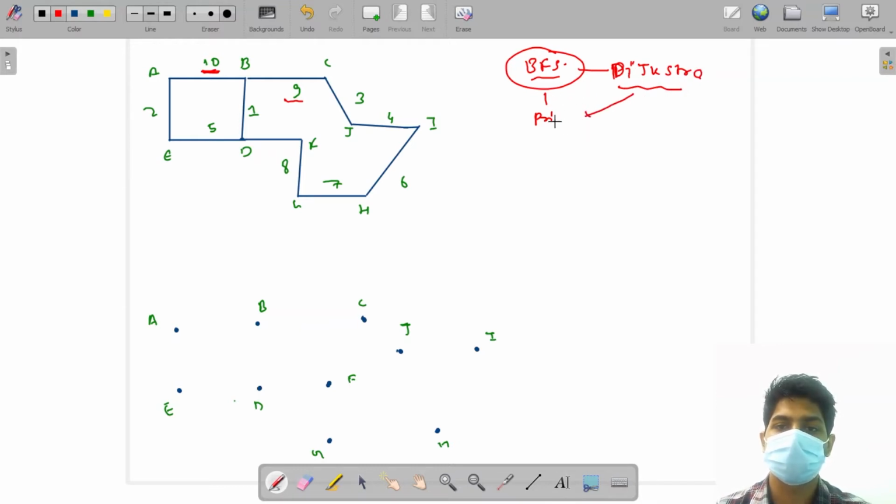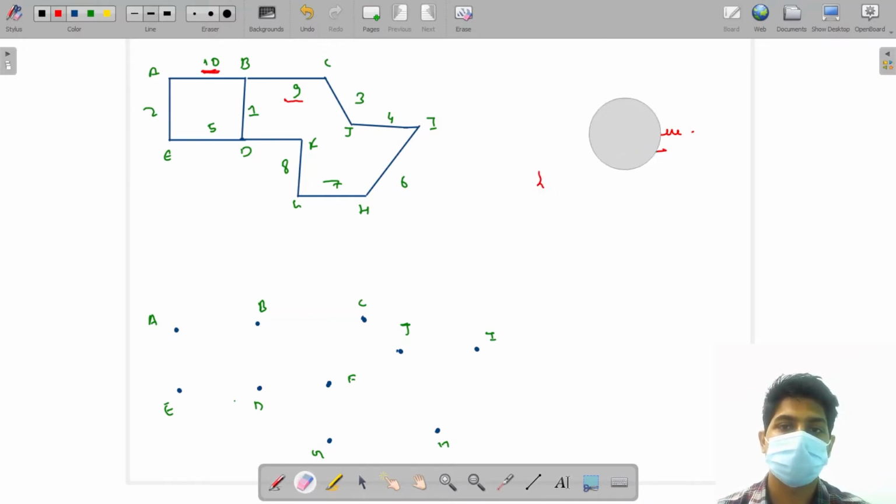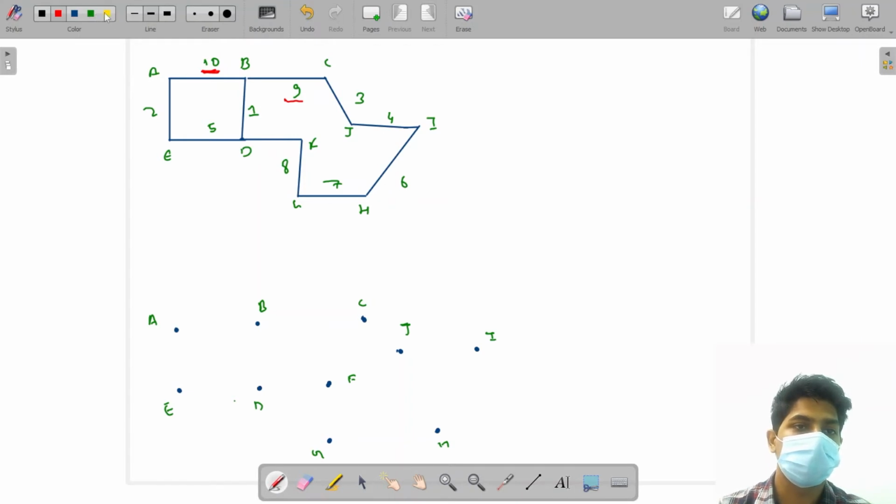Here we are also using a priority queue. That is what we are going to use. And at each step, what are we going to choose? Eventually, I have to connect all the computers. Suppose I am at location B, and B is my starting node. Then for me there are three options: I can connect B to A, or B to D, or B to C.